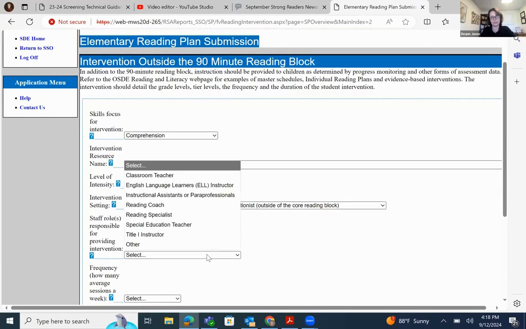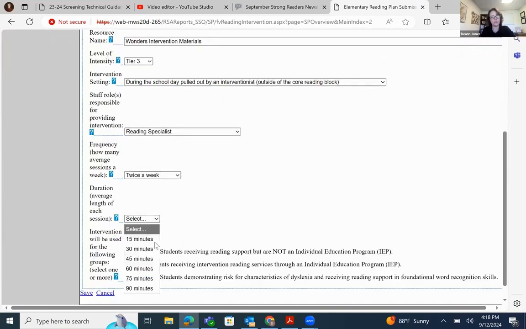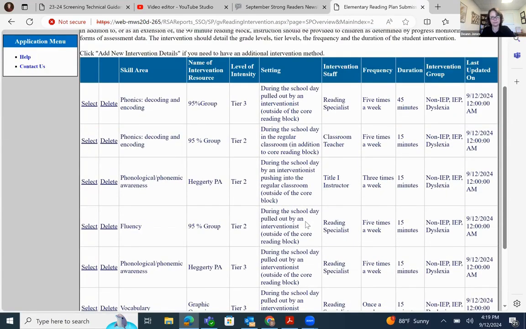And this is going to be anybody who you're using. For my example, I'm going to use the reading specialist. And we're going to do a comprehension activity twice a week for 30 minutes. And it will include some non-IEP students as well as IEP students and students who are demonstrating the characteristics of dyslexia. So I'm going to save that and look back at this.